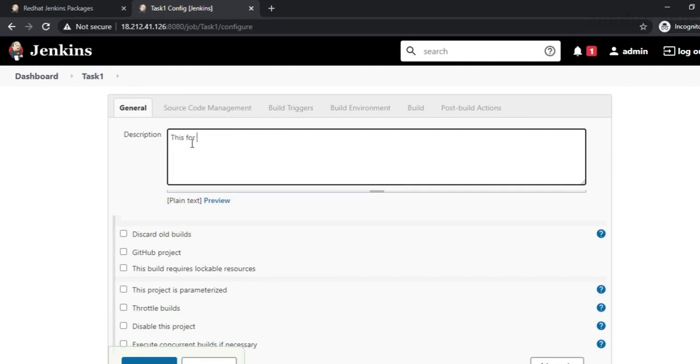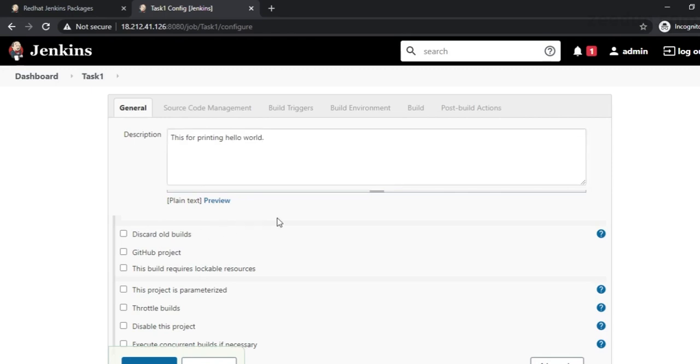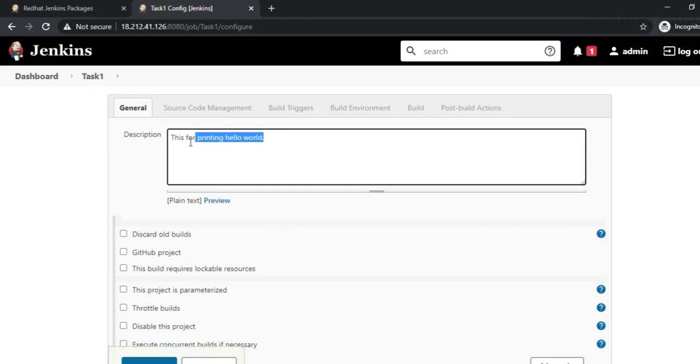Now in task 1, we have something general, that is, we have to give a description of the task. So let's say this task is for printing hello world.